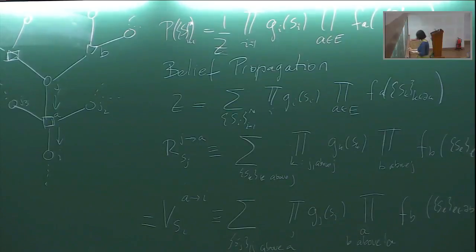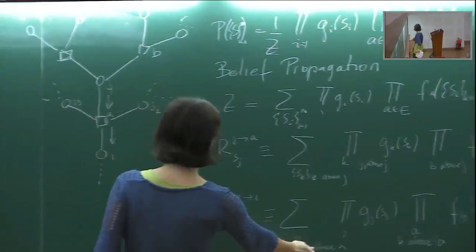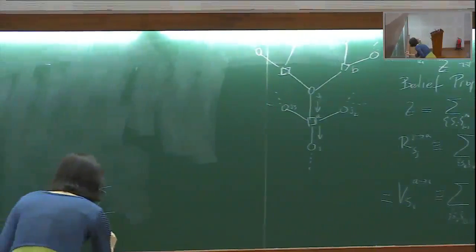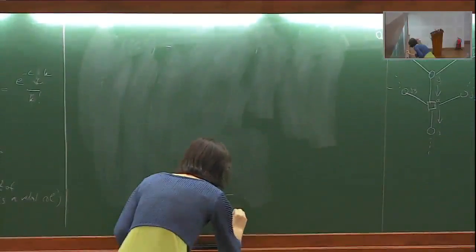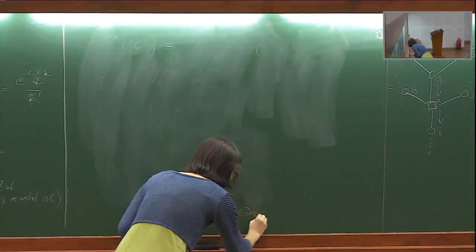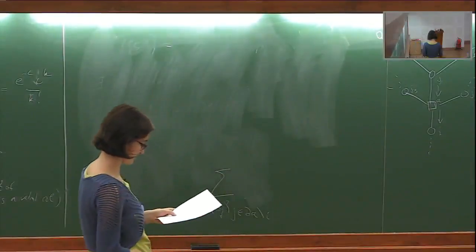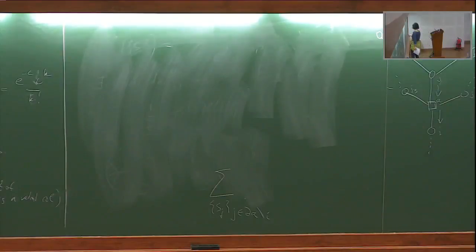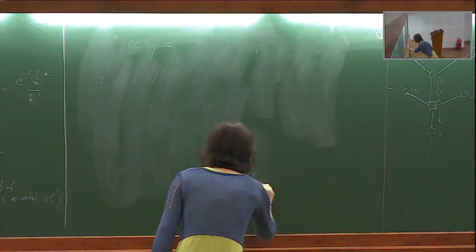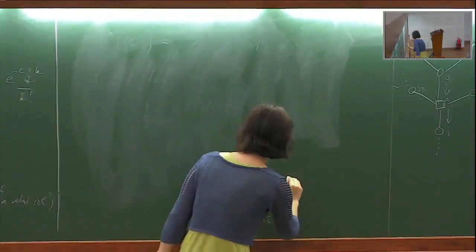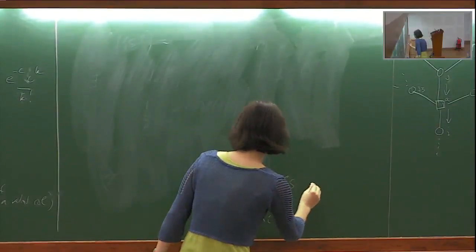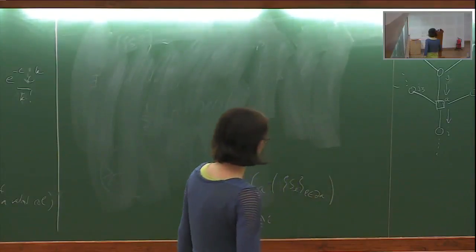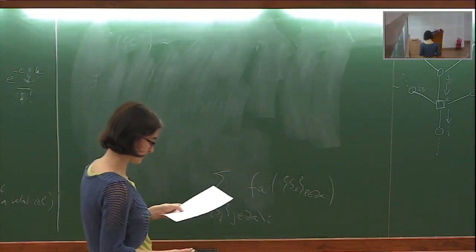So here I have this big sum over everybody that is above A, but let me split it into those that are immediately above A, so J that is really a neighbor of A and is not equal to I. So this is this notation. And then let me split from this product the one where B is equal to A. So this FA will then depend on the S, how should I call it, L whatever, and the L is in the neighborhood of A. Okay, so that's the thing that I pull in front.